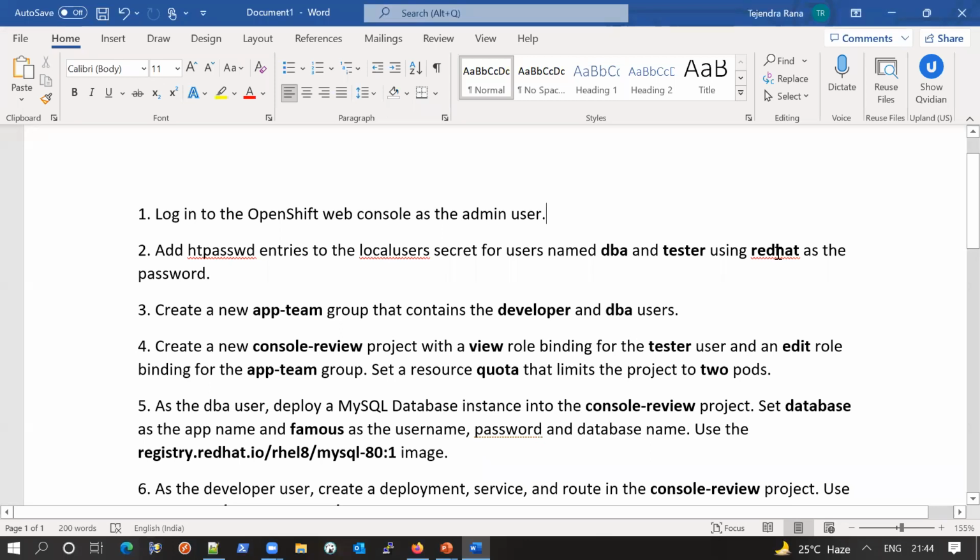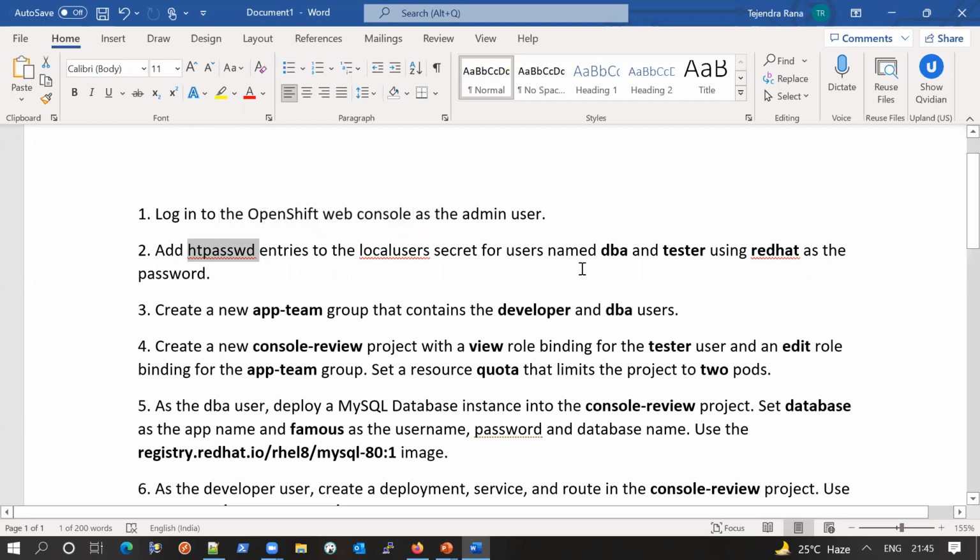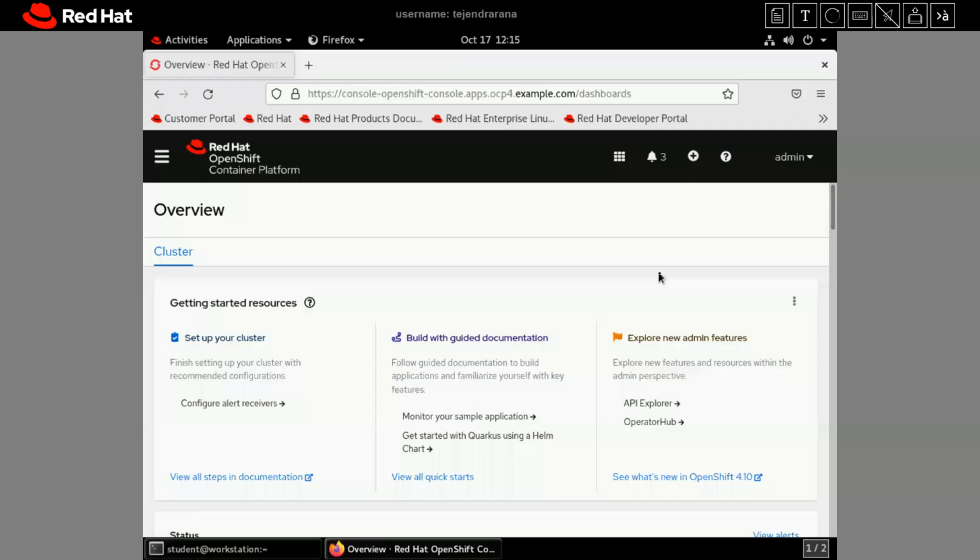Okay, so we need htpasswd, that is the Apache tool, right? If you are not aware, htpasswd is an Apache tool, and it is used to create users and passwords. Okay, so let me do that. What we have to do first, let me show you, in the console itself,